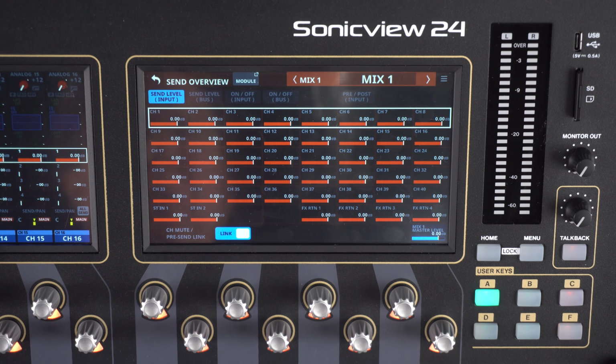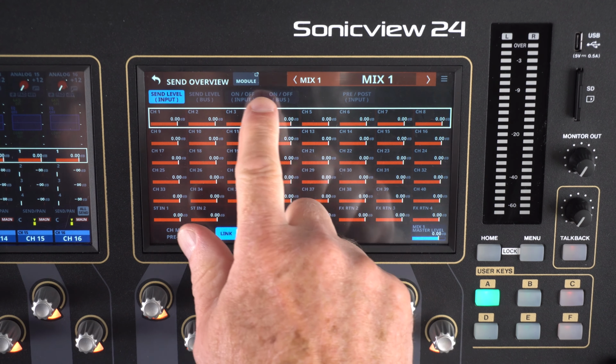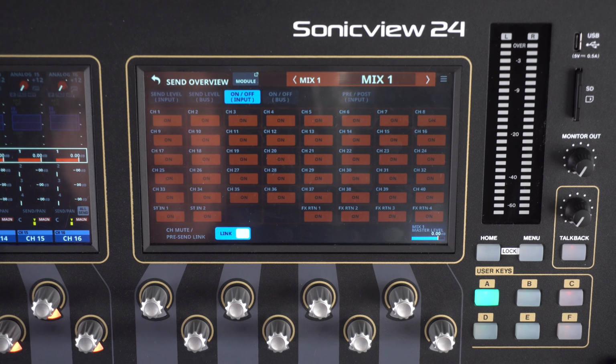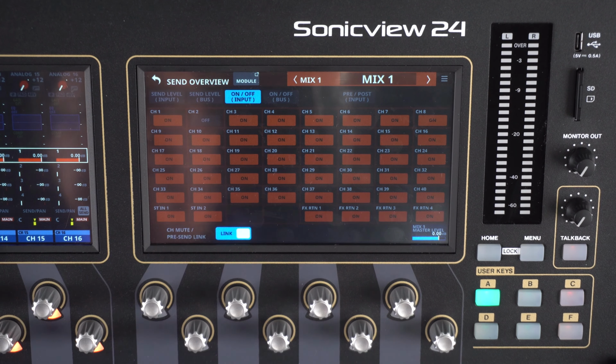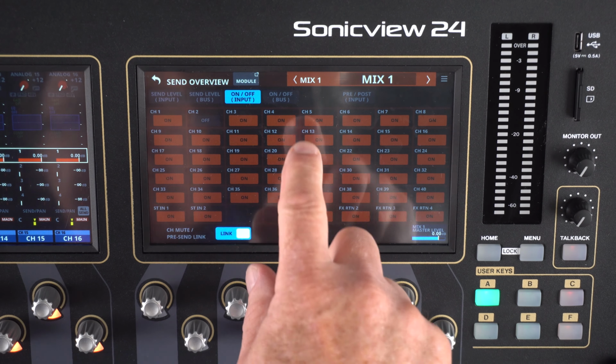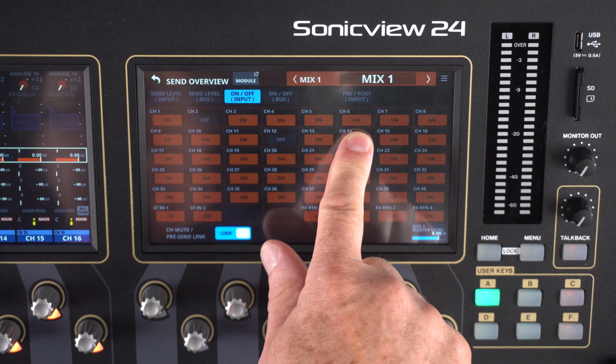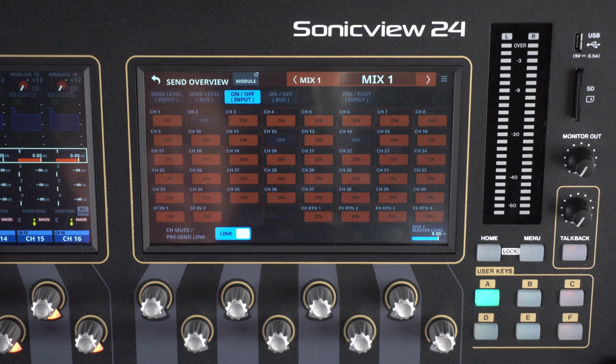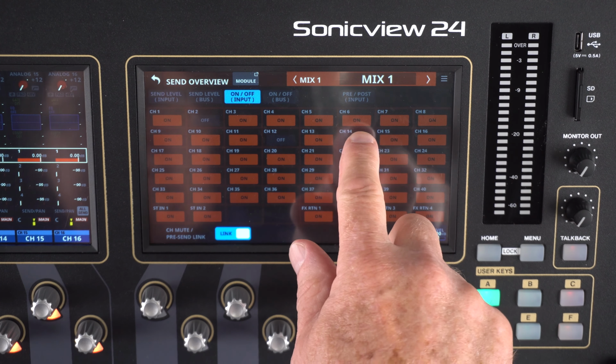So in an N-1 situation where you have multiple mics in a meeting or you have a host and they don't want to hear themselves, go to the on-off screen, and visually now you can say, okay, input 2, which is mic 2, I'm going to turn that off because they don't want to hear themselves. No problem. So it's easy to pick and choose an N-1 situation, which we also have called mix minus. Music folks or podcasters call it mix minus. Broadcasters tend to call it N-1. Same effect. So it's real time.